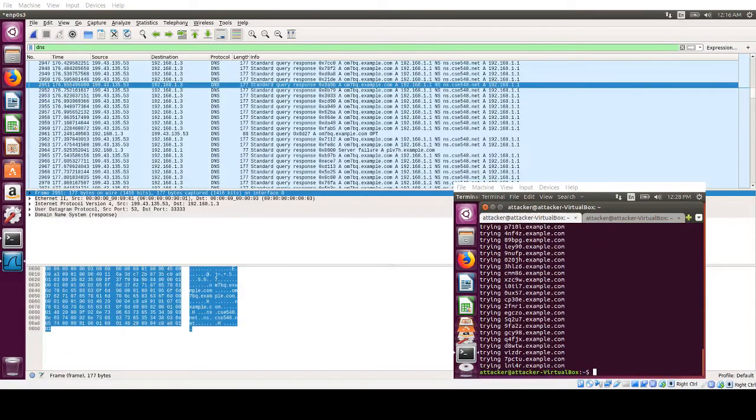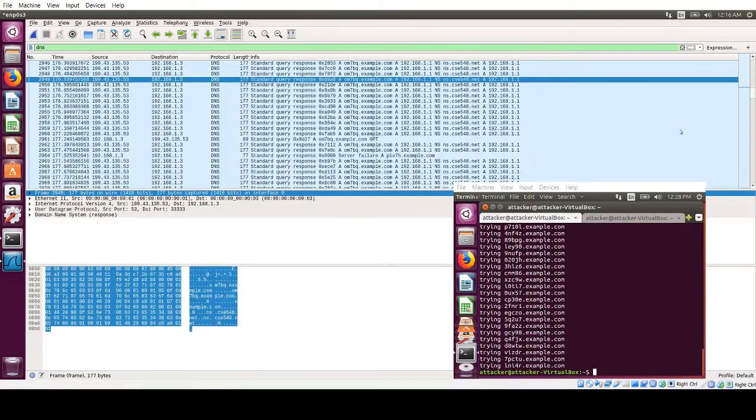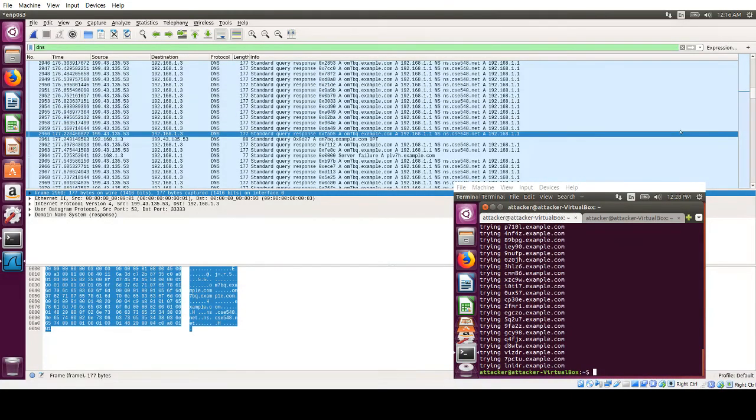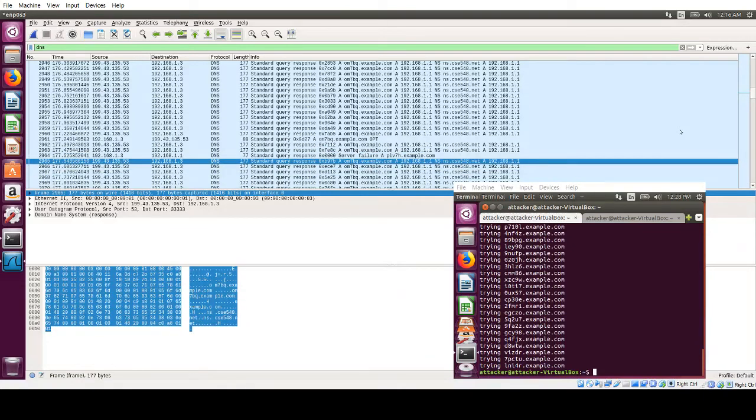So we've let the code run overnight, and it seems like we ended up performing a successful attack. Going back into the DNS machine and looking at the Wireshark logs, you can see we've captured about 11,000 packets, so we sent out quite a lot of DNS packets. You can see the success happens over here when